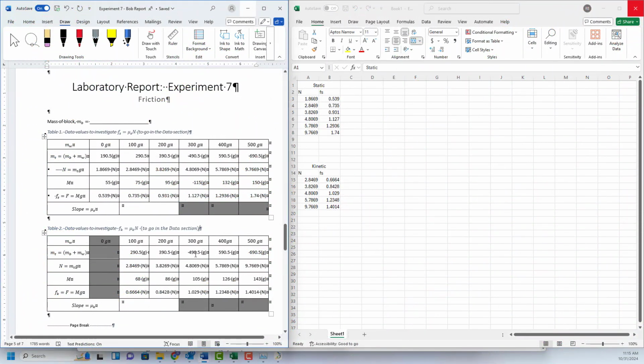Hi everybody, the purpose of this video is to help you finish up the work that you need to do for your lab report in experiment 7. Now keep in mind that friction is typically defined as follows. Your frictional force, F of S, will always be equal to your coefficient of static or kinetic friction times your